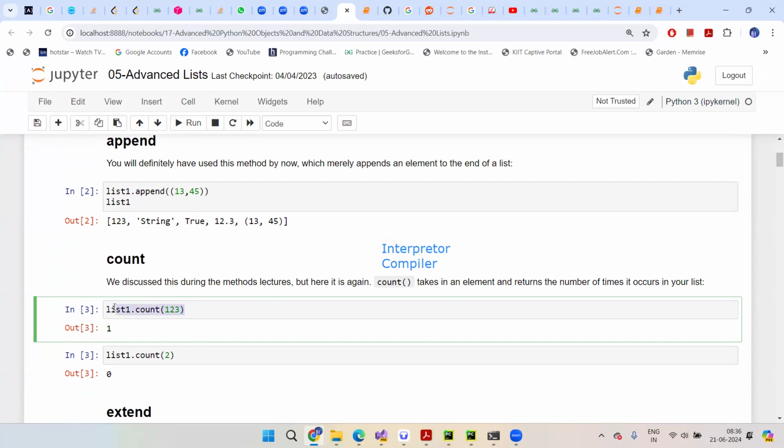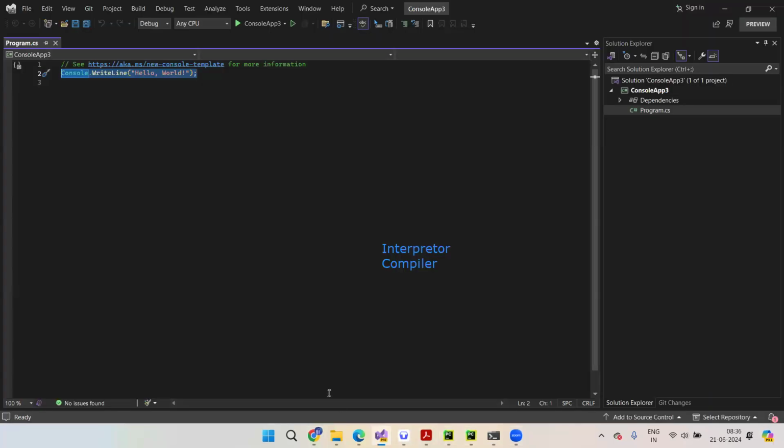This conversion job is done by the interpreter and the compiler. This is the most important part. Everywhere in the editor, this interpreter and compiler is actually working in the backend in order to get your code compiled. Got it? Yeah, I got it.